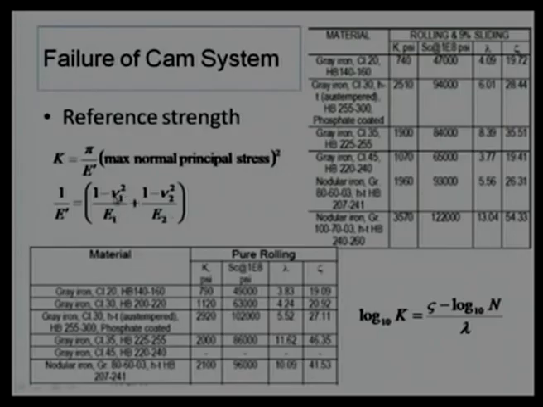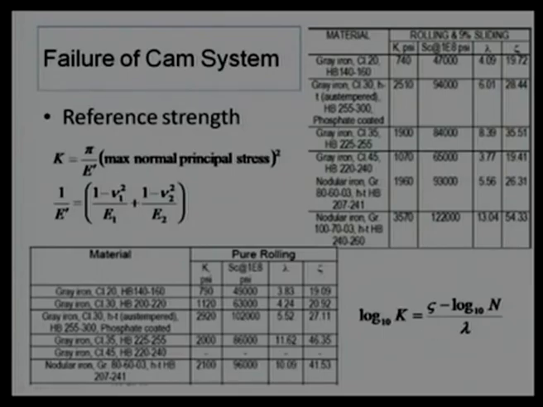Material 1 has Poisson ratio nu1 and Young's modulus E1. Material 2 has nu2 and E2. When we use the surface strength for 10⁸ cycles, we will get a k value over here, and the same k value will come over here. So, these two relations can be utilized to find out the estimated life